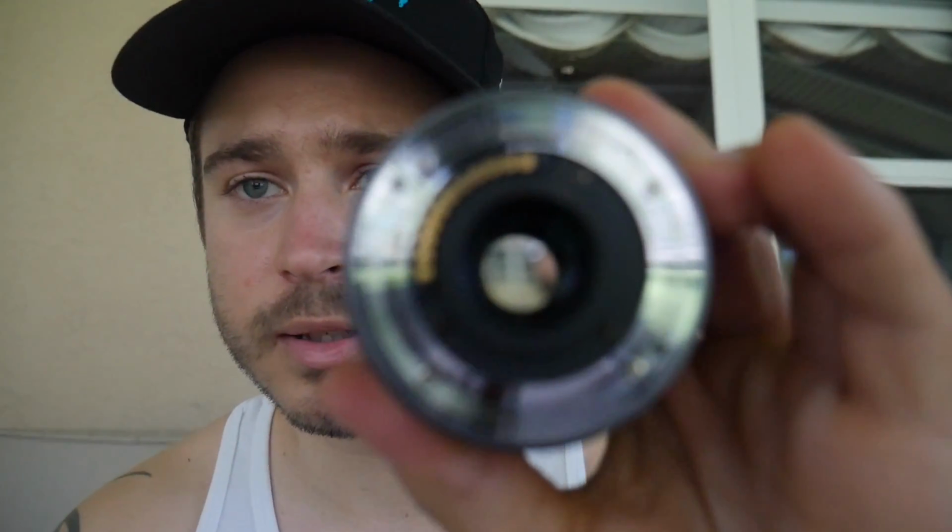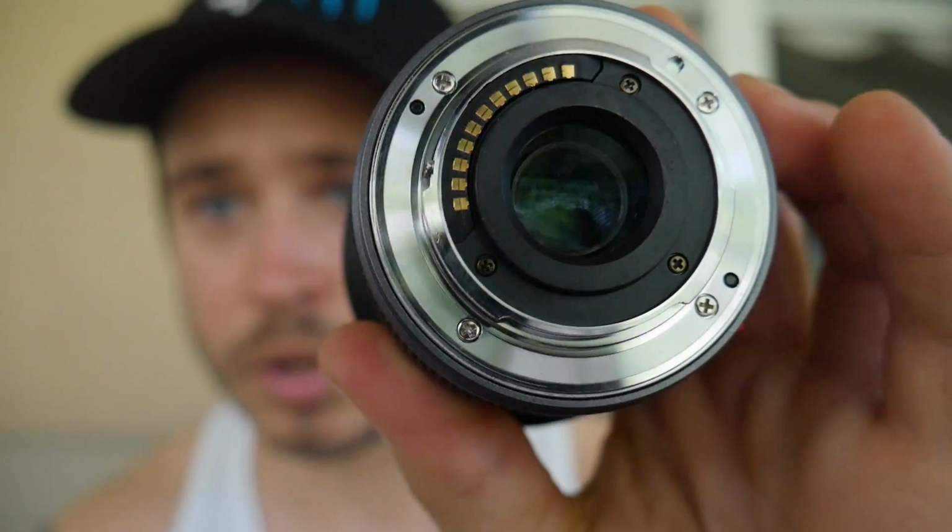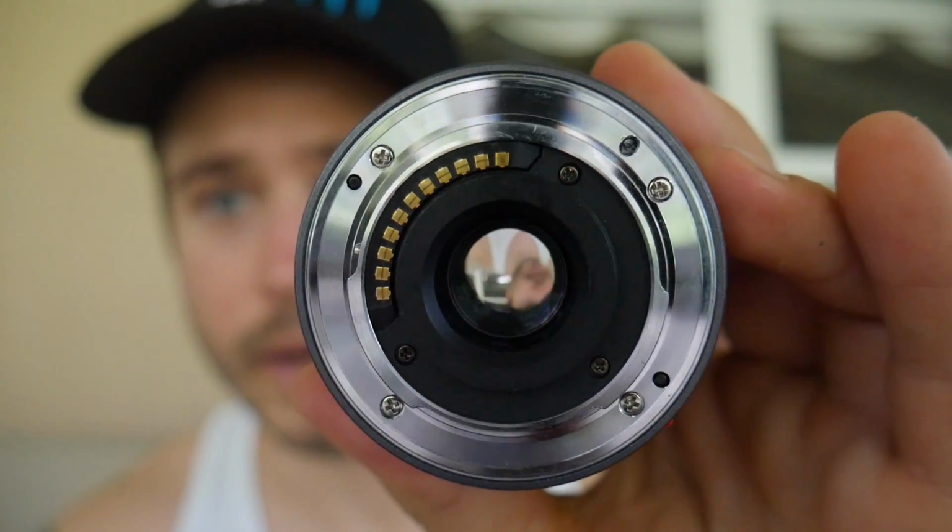So, yeah, and obviously the back of it is, let me try opening it. The back of it is metal, so this is the only metal that you will find on the lens. You can't really see that much, and this is at its 14. This is 14 right here, and it only increases in focal length, because that's the kit lens. So we're gonna put this lens on, and we're gonna see how much of a huge difference